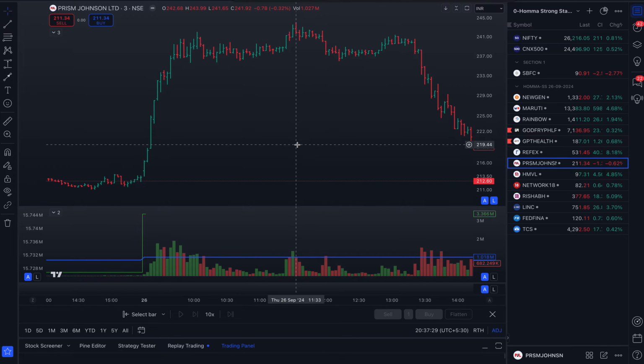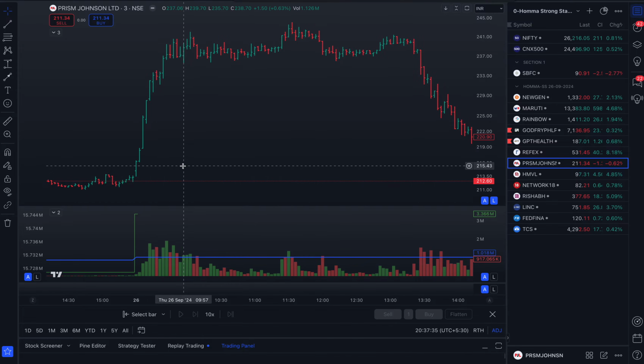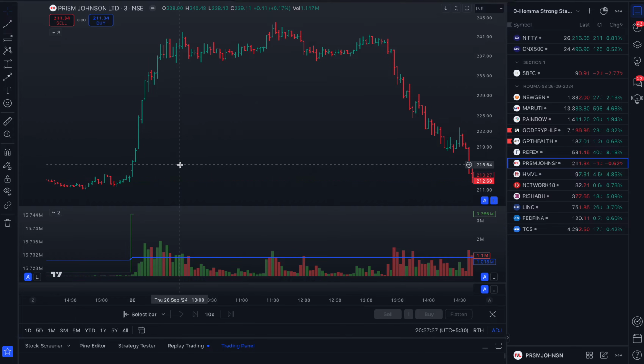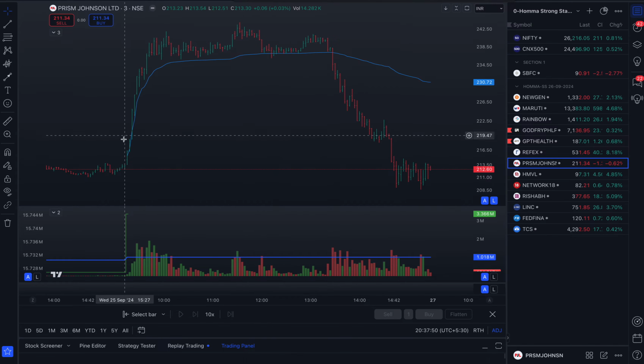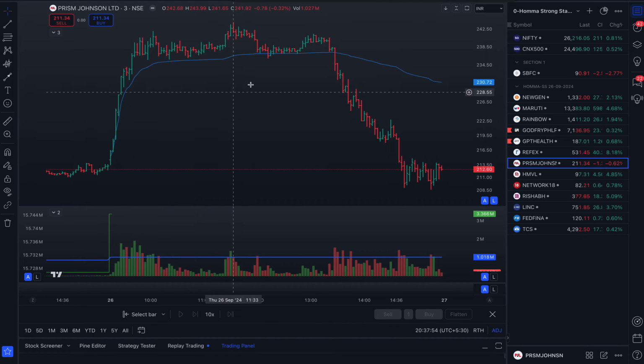So for example, PRSM Johnson, although it was a strong start, I did not catch this, which I'm going to get better at. If you see this 9:15, 9:18 candle, there was a strong start as well as good volumes. So you clip it here, and then you see that there was a small bounce here,